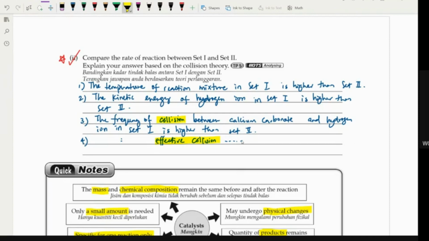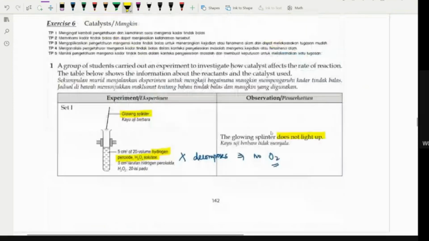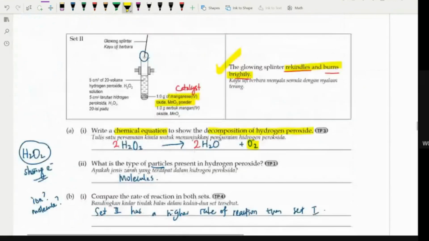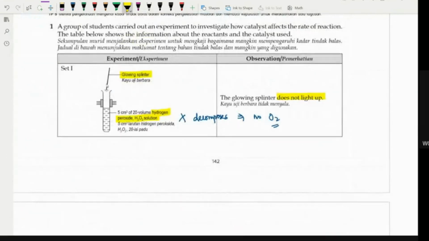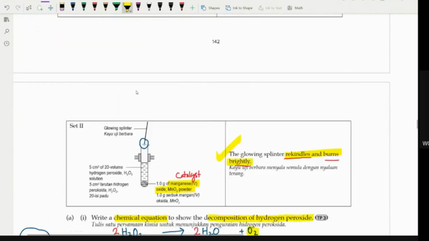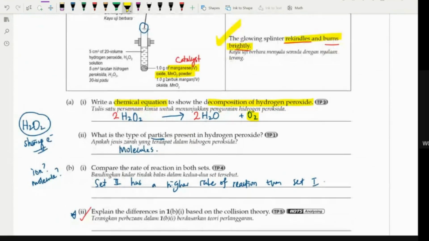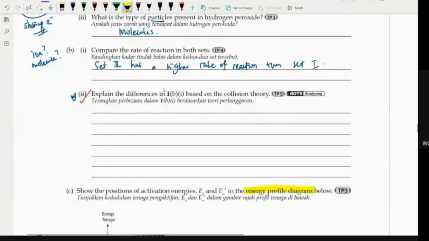Now the factor of catalyst. Here we are using the collision theory. So set 1 and set 2. Which one got the catalyst, class? Set 2, right? So here's the manganese(IV) oxide powder. So we use the points in the notes just now. Point number 1, manganese(IV) oxide